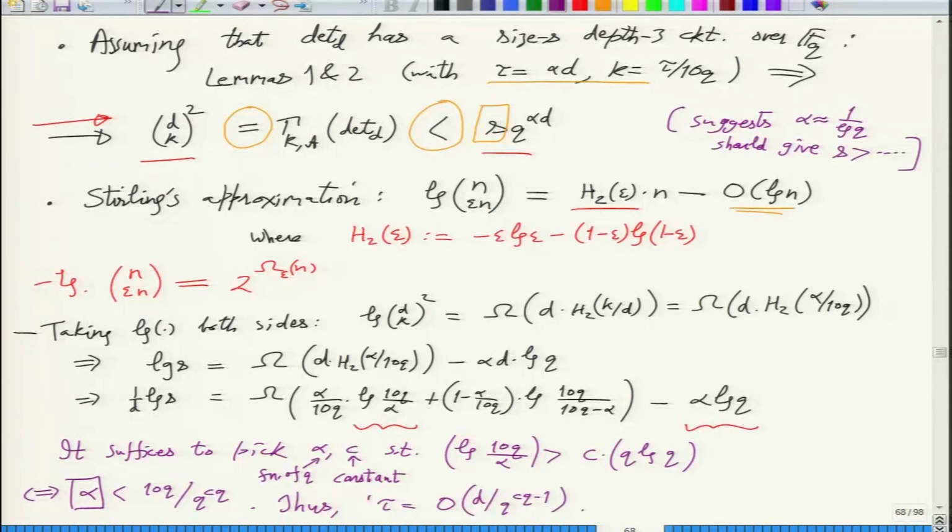That fixes your tau. So what this means in the end is this part here, the RHS, with these calculations, essentially becomes a positive constant, right? So log s over d is more than a positive constant, which means that s is more than 2 raised to omega d. So for constant q, tau makes sense.